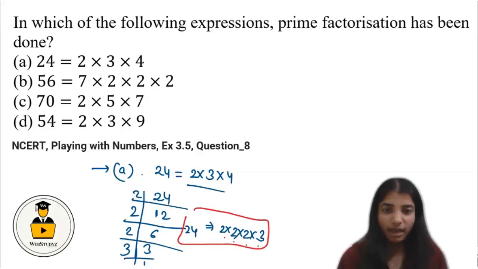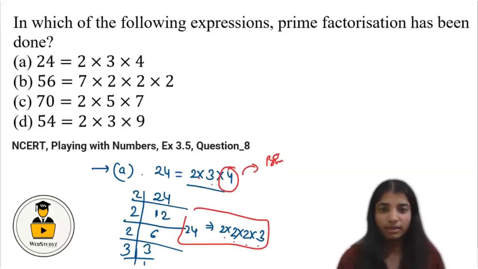But here we are given 2, 3 and 4. We know that 4 is not a prime number, so 2, 3 and 4 are not all prime factors. So we can say that prime factorization has not been done in this part. So this is the answer to part A of the question. Now let's discuss the second part. In the second part, we are given the number 56, and it is given that